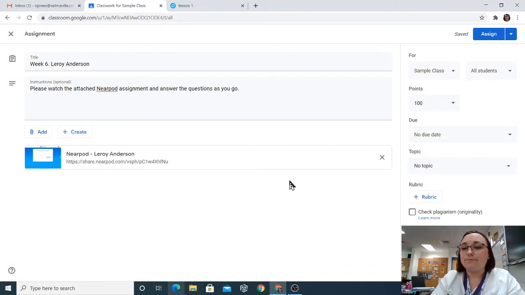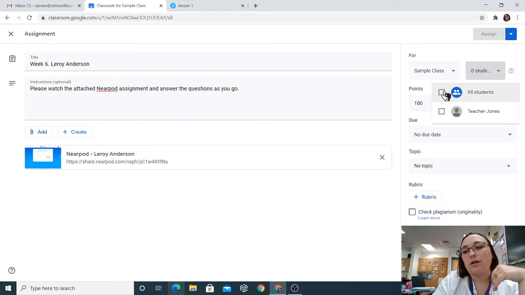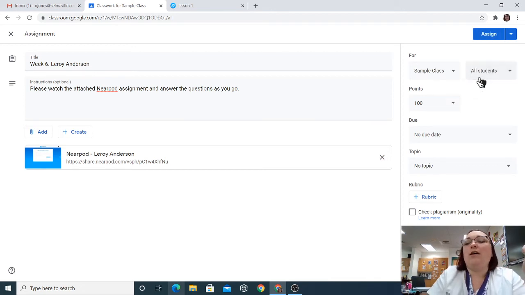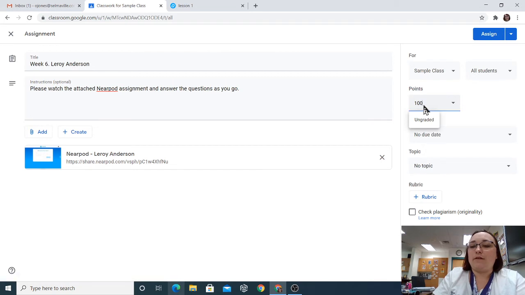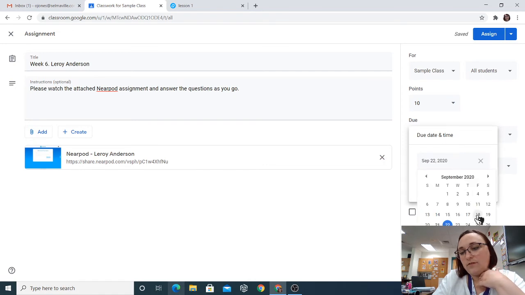Add link. And then over here, you can say you have some students that are remote and some students that are in person, and you just want it to go to your remote students. Just uncheck all students and then select the ones that you want it to be. The only person I have in this class is myself as my student account. So, and then you can assign points to it. I usually do a 10-point deal for my 5th through 8th graders for once a week. You can assign a due date